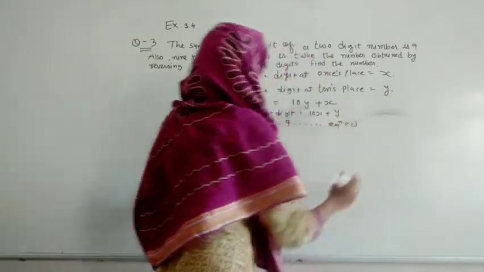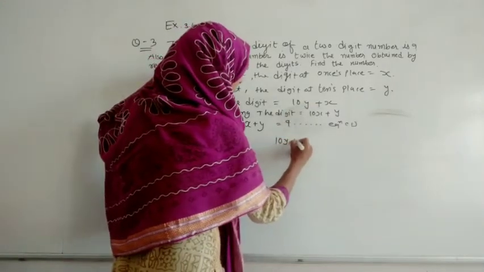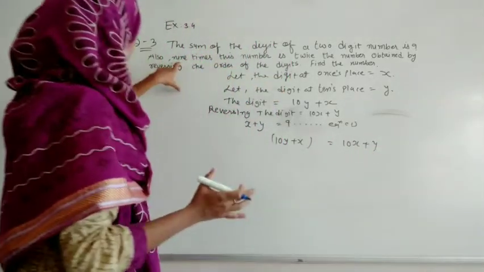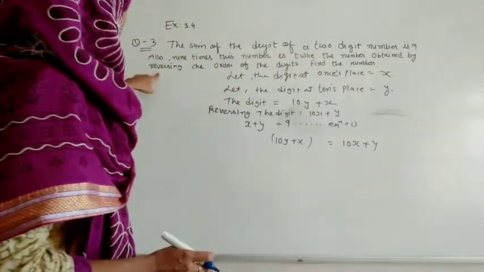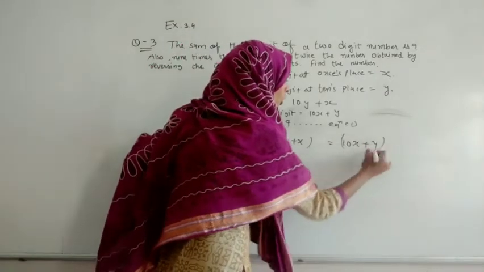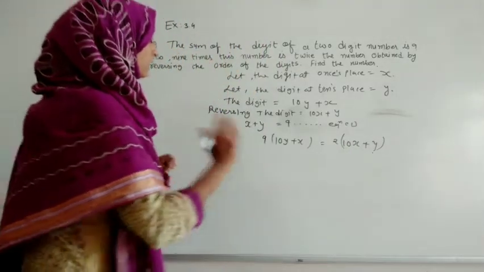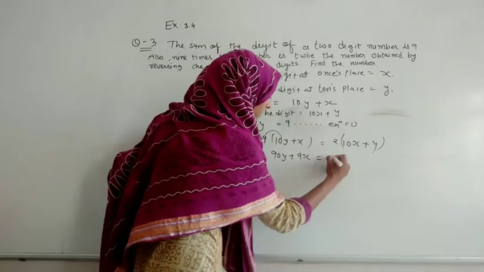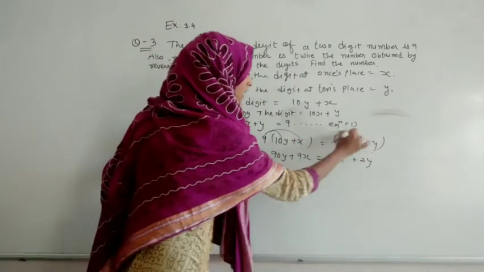So this will happen. Then what is happening, 9 times the number, यानी अगर ये वाला number और we are comparing this reversed number, 9 times this number is twice the number obtained by reversing. यानी कि ये अगर 9 times है तो नया वाला जो reverse number है वो उससे 2 गुना है. Then let us simplify it. So it will become 90y and this will become 9x, and that will become 20x and that is 2y. We have multiplied all these things like this.